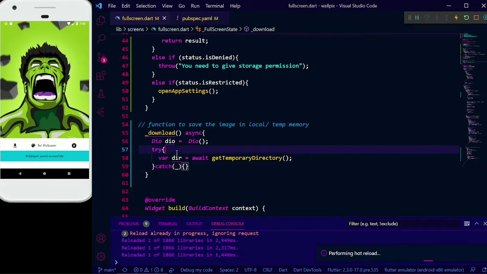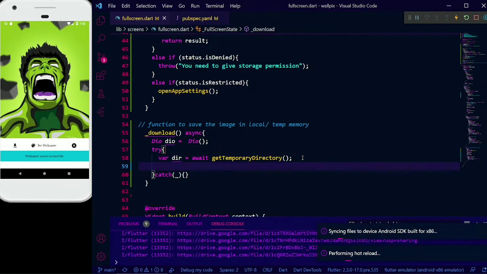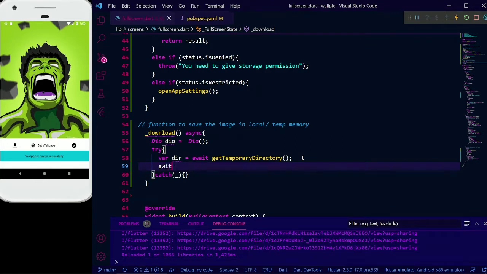Okay, so inside that, await dio.download widget.link, we are using that same link, and inside the save path, $dir dot path slash wallpix. Okay,